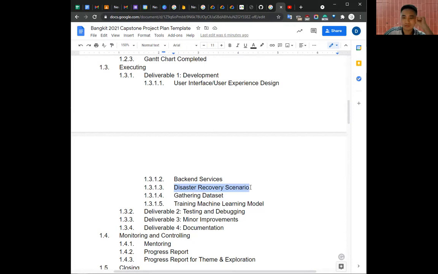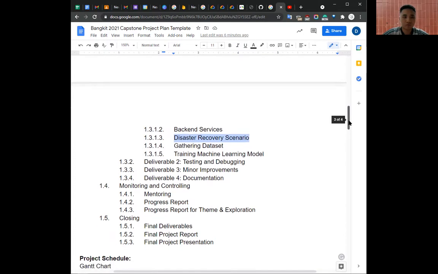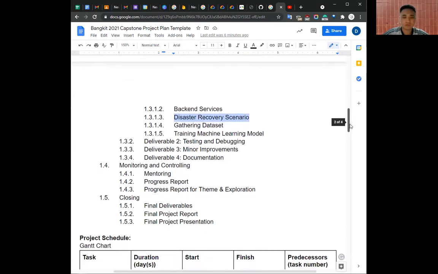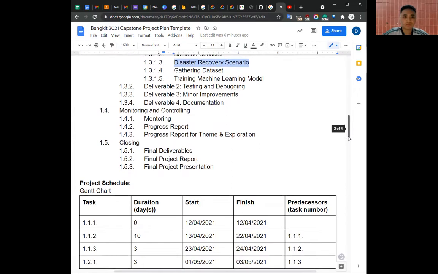Okay, and then the dataset and training the machine learning model is part of the machine learning path, which is handled by Elkan. Okay, and then there is testing and debugging, and minor improvement documentation. I think that's all of our plan. Okay, next is